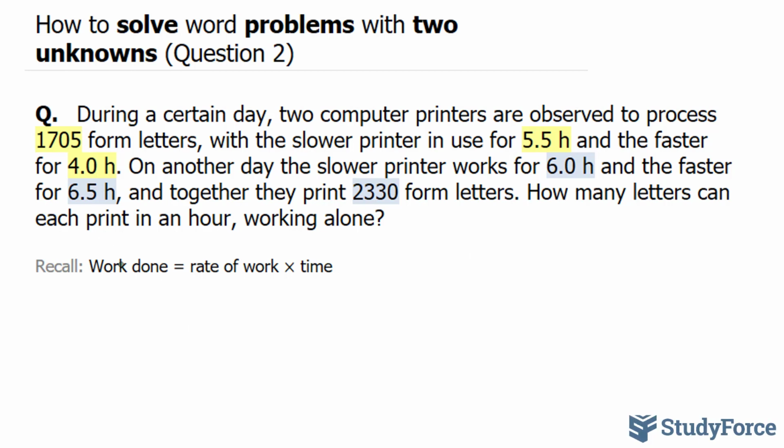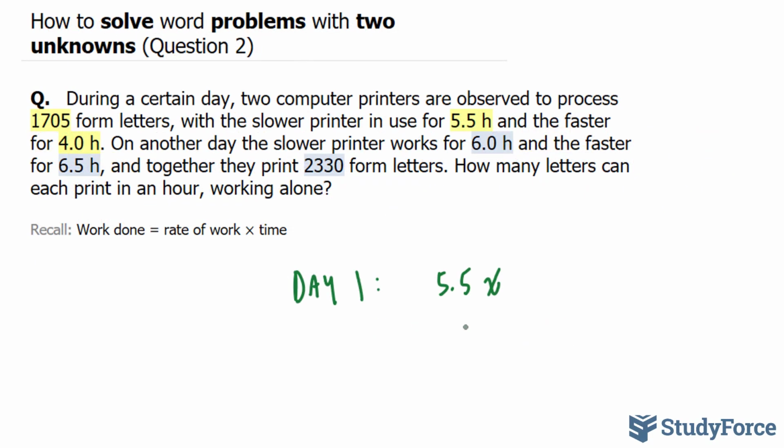So we're told on day 1, so this is the equation for day 1, that the slower printer works for 5.5 hours. So the time is 5.5, and we don't know the rate at which it prints. So we'll just call that x. And the faster one works for 4 hours. And we don't know the rate at which the faster one works, so we'll call that y. And together, they print